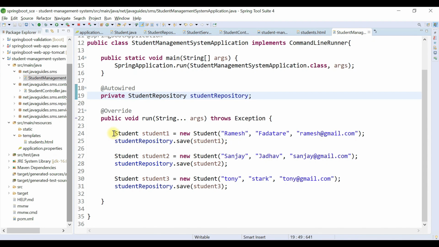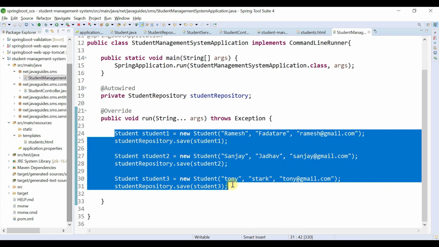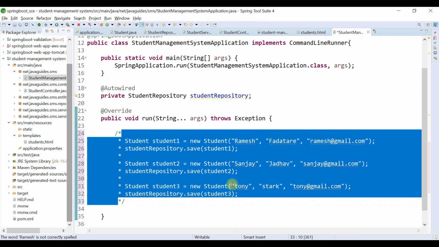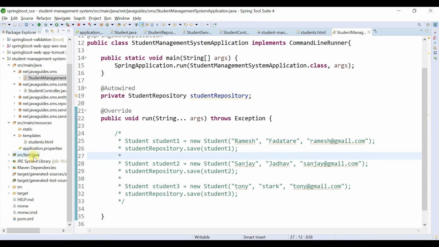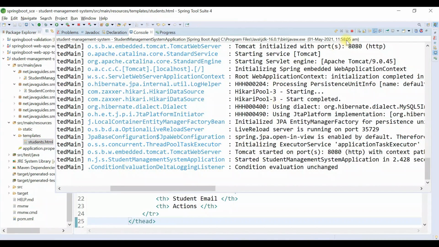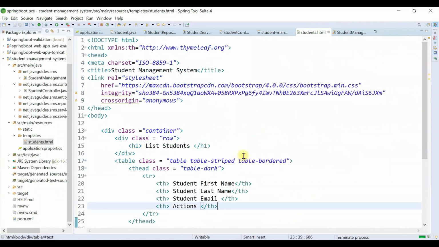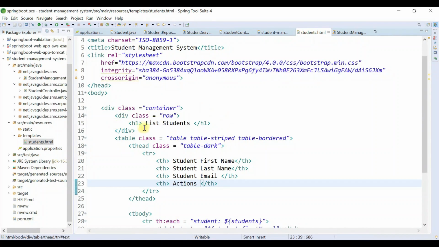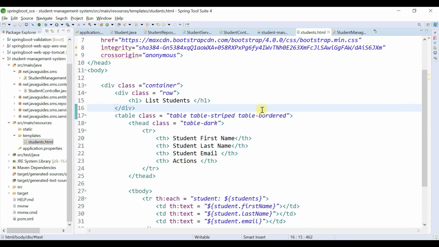Alright, so let me comment out this code because we have already added 3 records to the MySQL database, and go to the students.html file. So let me stop the server. Okay, and just right below this heading we are going to add a button, right?